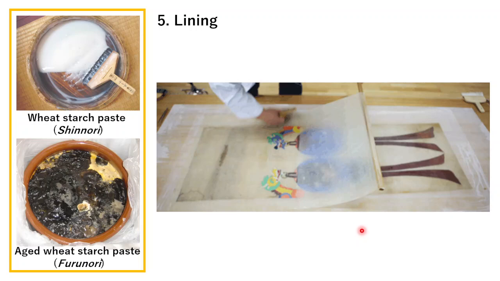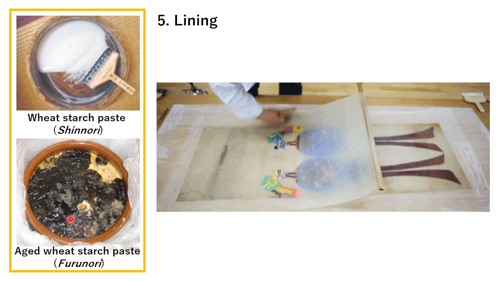After the lining paper is removed, the lining is newly performed. Replacement of lining in repair is the most important process to preserve the artwork. The important thing here is the choice of adhesives. Starch paste is used for attaching the first lining paper to the painting paper, but aged starch paste is used